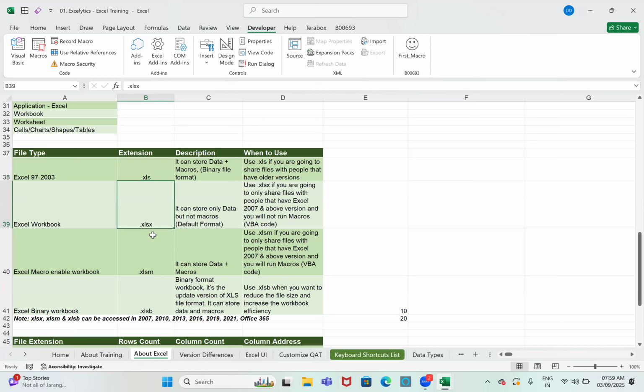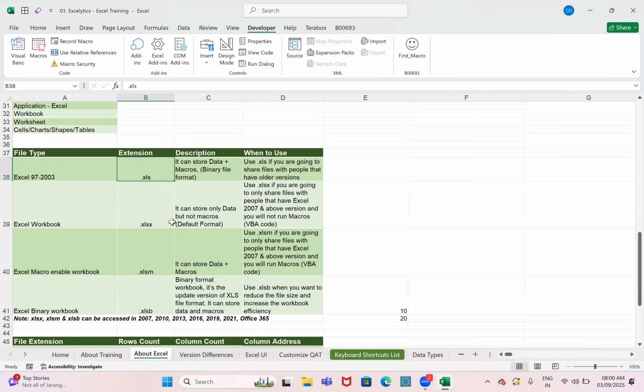And if you save it in .xlsx format, it will save only Excel files, I mean sheets, but not macros. If you write a script, you can't save it in .xlsx format. What if you want to store macros also in the latest version? Why can't we store the latest files in .xls format? I'll tell you the difference. If you save it in .xls format, it will store only 65,536 records.